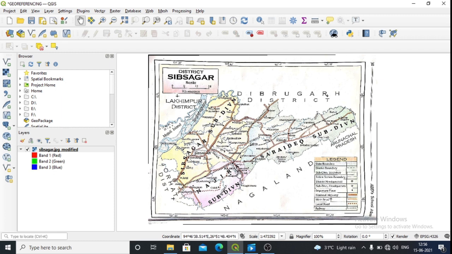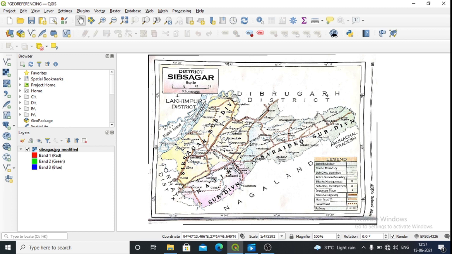Now what we will do, we will polygonize this area. In this map we have four subdivisions. No doubt the color is not exactly visible, but still we can say this is one division, this is the Sibsagar division. This is one particular block. Then this is the Najira subdivision, and this is the Soraido subdivision. So we will polygonize these three areas. This is number one area, this is number two area, this is number three area.